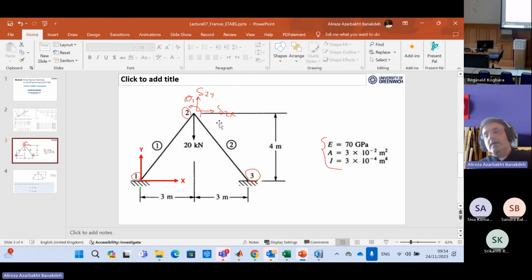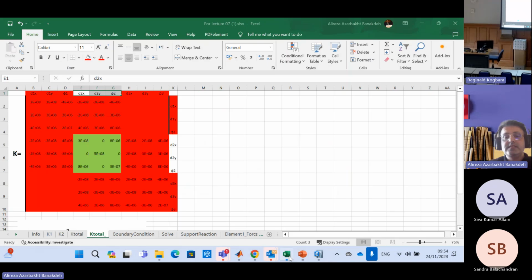So whatever external force you have can make some sort of deformation. And of course, the deformation depends on the nature of the external force you have on your structure. So the deformations at node number 1 and 3 are 0, but in node number 2, they are free to move. So that's why we see here this part of the matrix